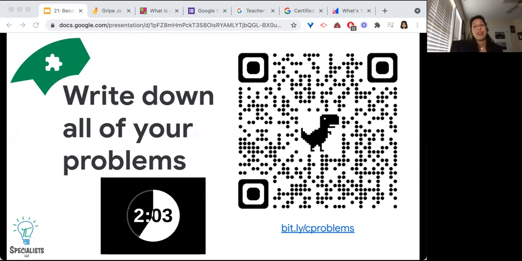Oh, and one thing that I forgot to say, keep in mind that as you're doing this Gripe Jam, only one sticky note per problem. I know many of us could write like a whole thesis on the number of problems, and it could take pages and pages and pages, but one sticky note, one problem.